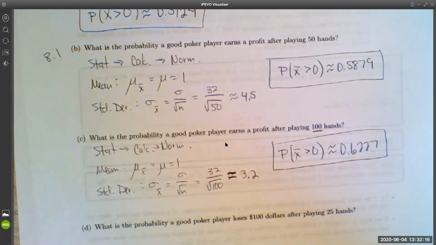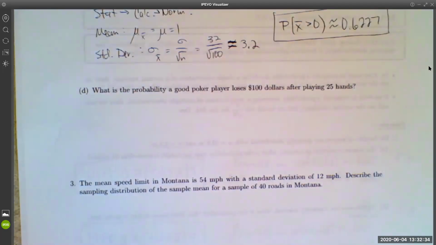And definitely if you're a bad poker player, then it's still quite a risky endeavor, right? But assuming that you're a good poker player, after 5,000 hands, you're almost certain to be ahead. There's like a 98% chance you're going to be ahead. Okay, so that's that. Let me give you one more example related to this poker scenario.